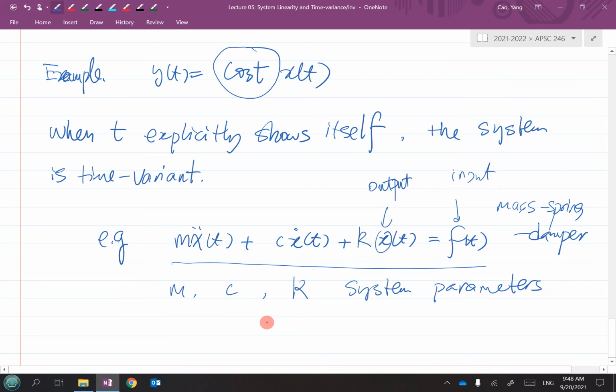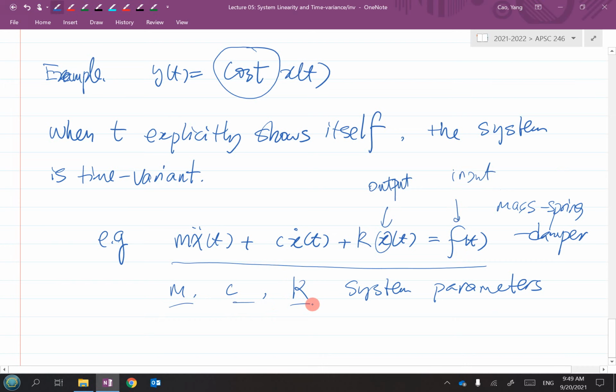You have a total mass, you have spring stiffness, and you have a damping ratio associated with the damper. The basic parameters could be constant. Constant means the mass never changes, the stiffness never changes, and the damping ratio never changes. But it could also be